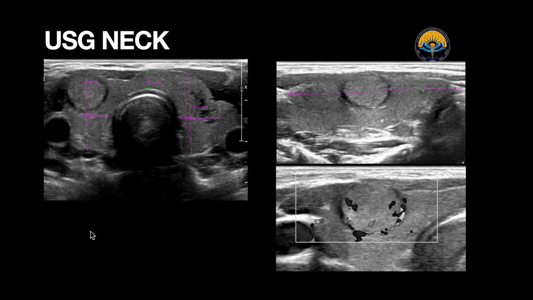In this we can see the thyroid. This is the left lobe of the thyroid, this is the isthmus, and this is the right lobe of the thyroid. In the right lobe we can see a well defined solid isoechoic nodule in the upper pole. Whereas in the left lobe we can see some small cystic lesions which are not very important or not characterized because they are benign lesions. We will talk about them when we do the thyroid.